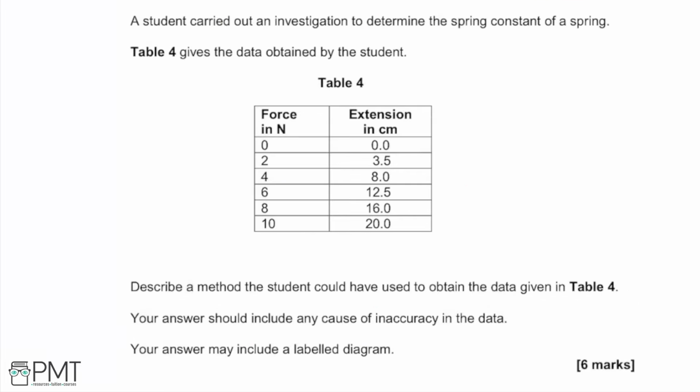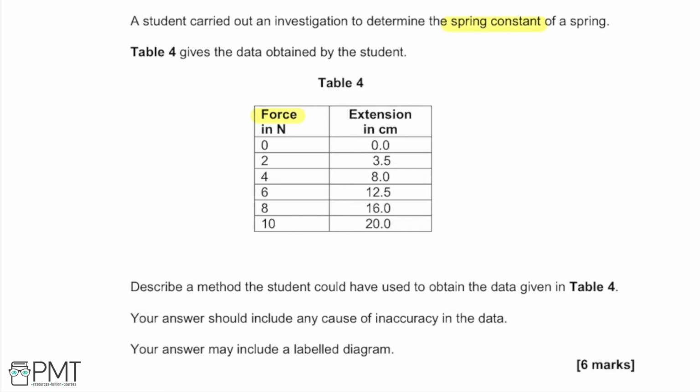So in this question, we're told that a student carried out an investigation to determine the spring constant of a spring, and then we have Table 4, which gives us the data obtained by the student. So in the left-hand column, we have the force in newtons,